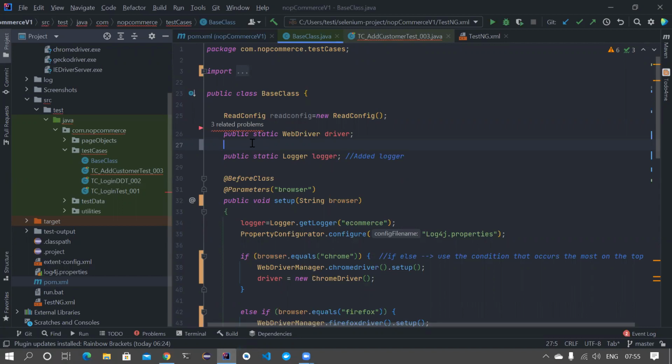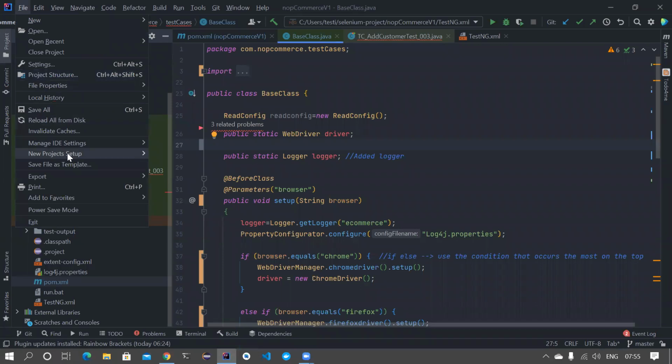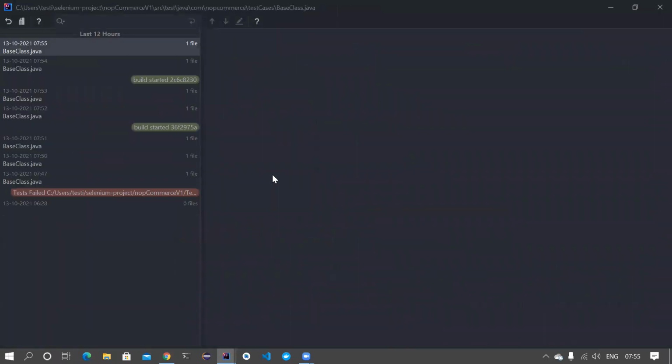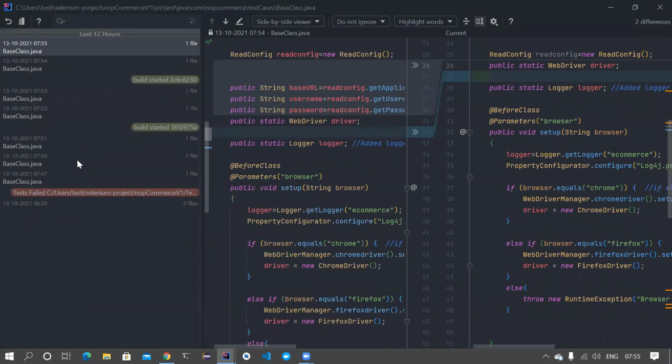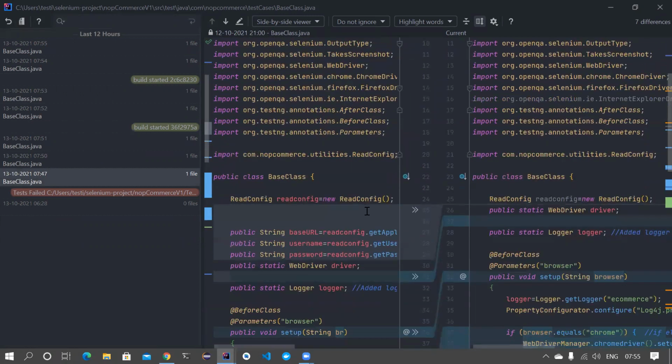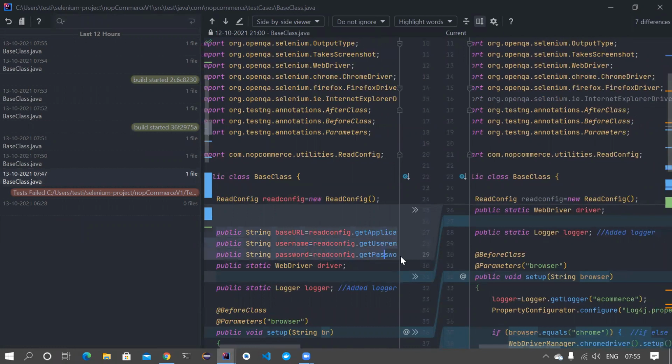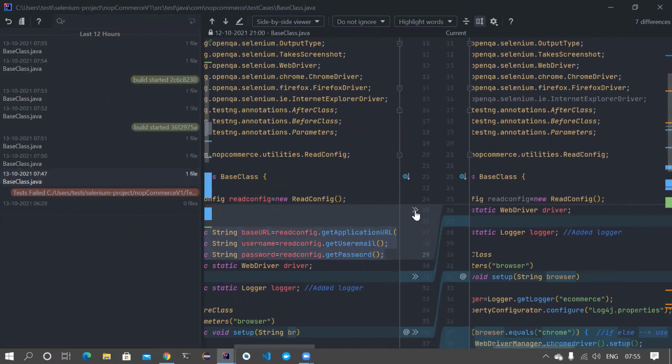Again, in IntelliJ or even in Eclipse, I think you have this option. So what you can do, you can go to the file and you have the local history here. Go to show history and it will show you the changes that you have done, right? So for example, I am now in this particular position. If you notice, these 3 lines of code are what I want, right? So I can basically select this and then click on this arrow button.